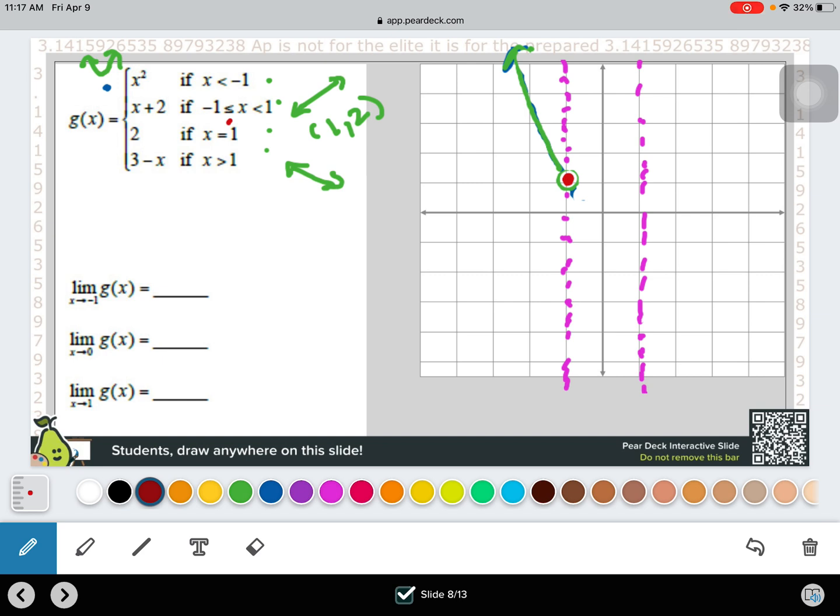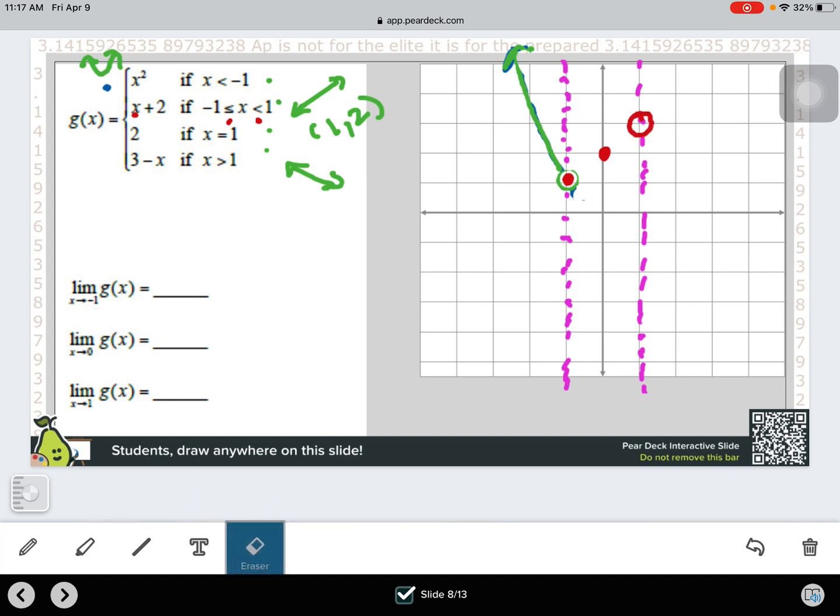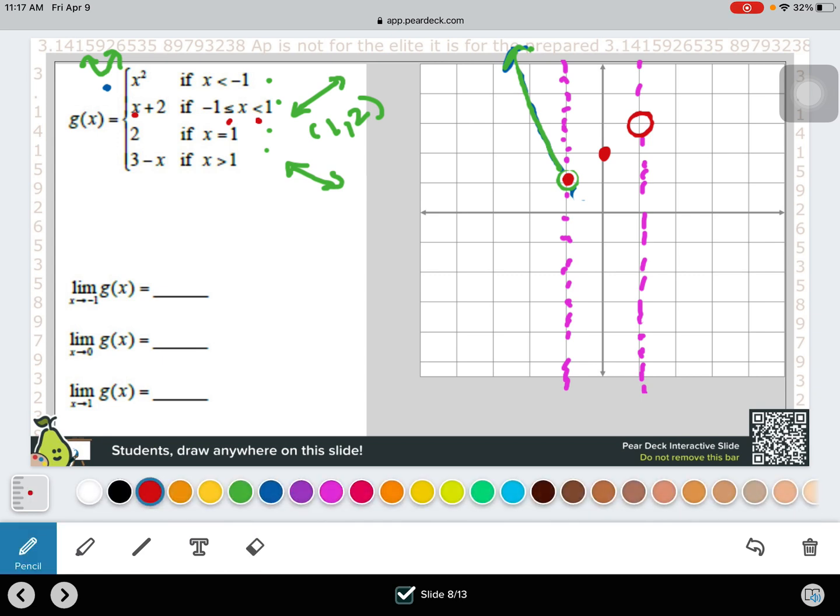So when x is 0, if I put a 0 right here for my x, plus 2 is 2. And you can see it's linear, so the slope will be the same. But keep in mind, this inequality is open, so I'm going to leave that open like that. I'm going to use my handy-dandy eraser to make sure it has a nice little circle. Awesome possum. Okay, and I can connect those lines just like that. Okay, all right, the next one